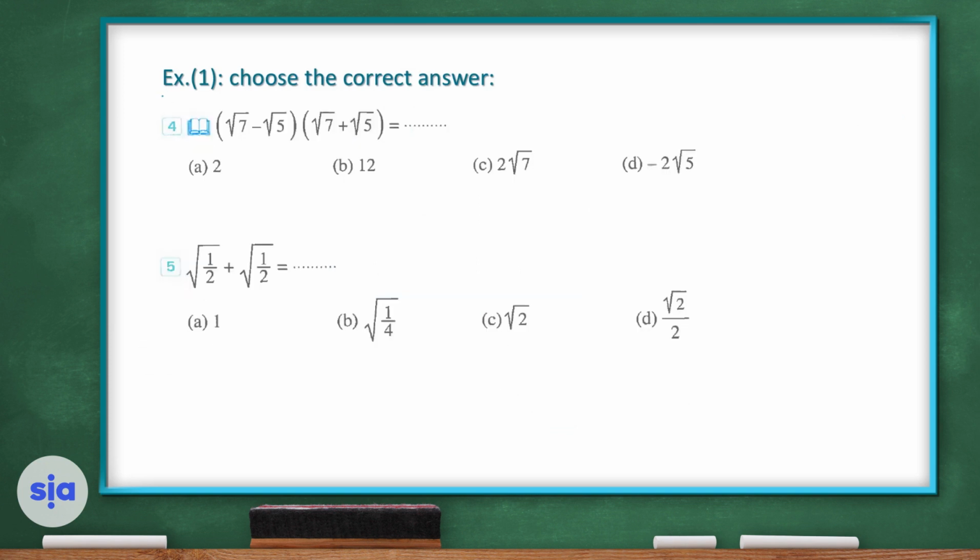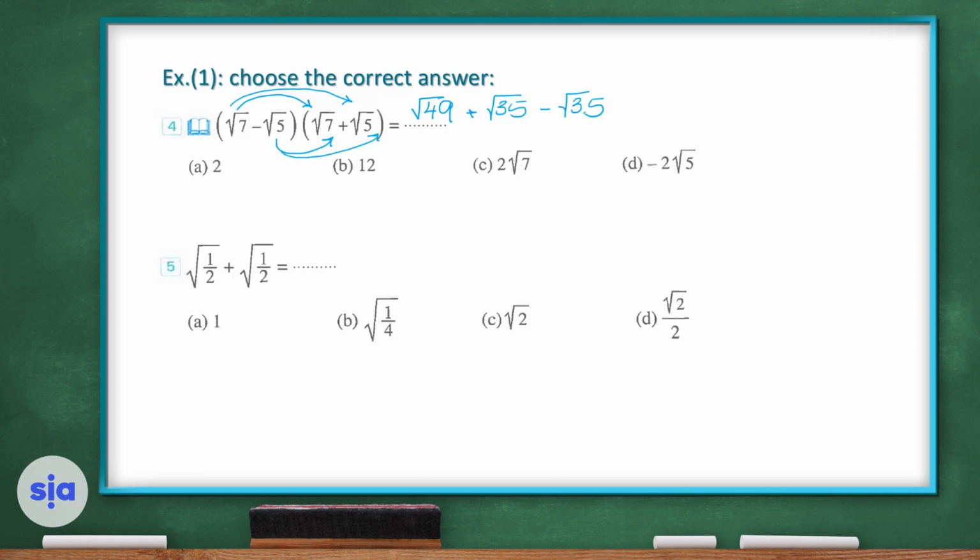Question number 4. Square root of 7 minus square root of 5 multiplied by square root of 7 plus square root of 5. To multiply them, square root of 7 times square root of 7 is square root of 49, or you can do it 7, plus square root of 7 multiplied by square root of 5 is square root of 35, minus root 5 times root 7 is minus root 35,